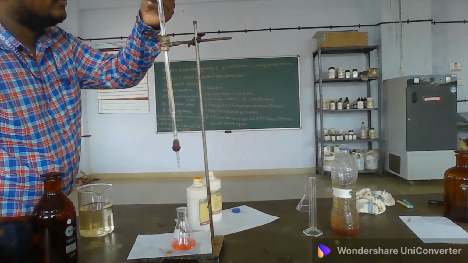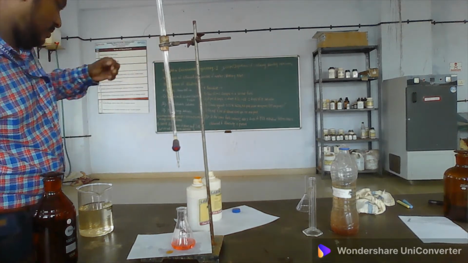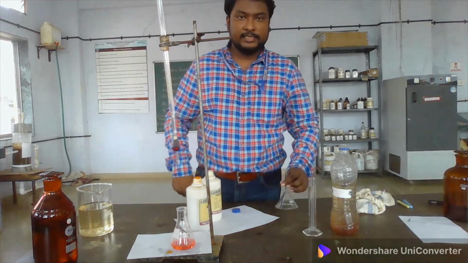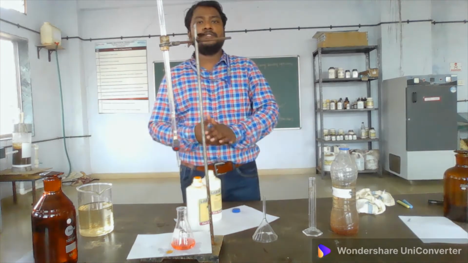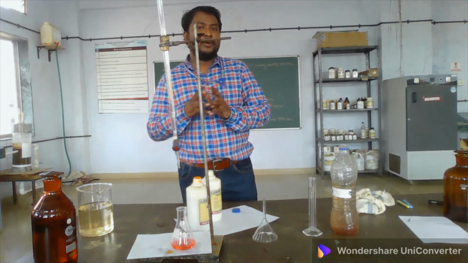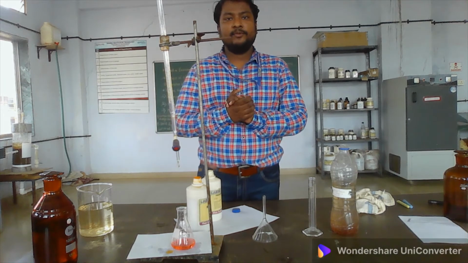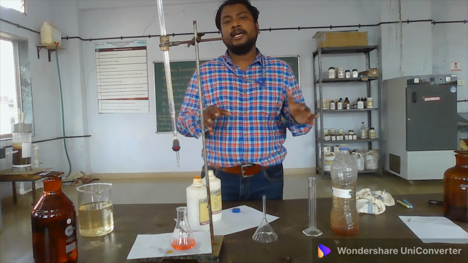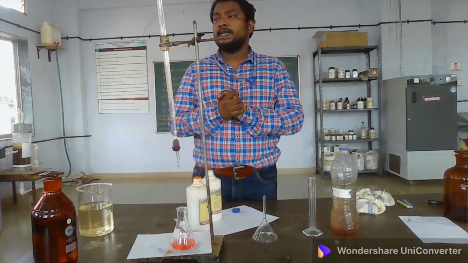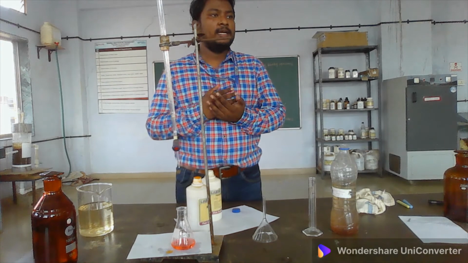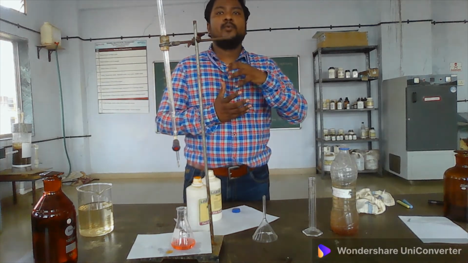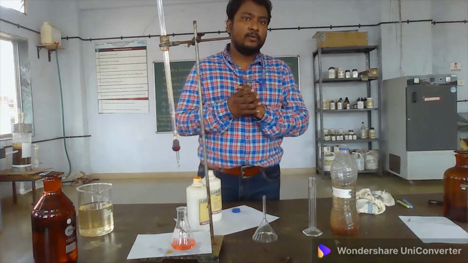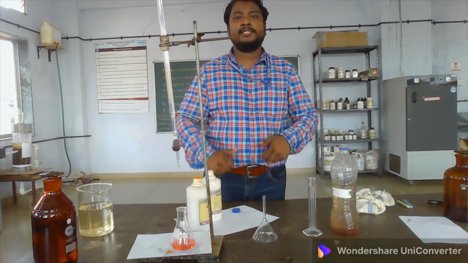It started at 0.4 and now it comes to 1.2, which means 0.8. In a similar way I obtained the readings, and I have got the second reading. Now we will take both readings and perform the calculation. I will show you the calculation part with the help of a chart, the procedure we followed, and after getting the results, which IS code or agency we have to compare with, and what the permissible limits are.